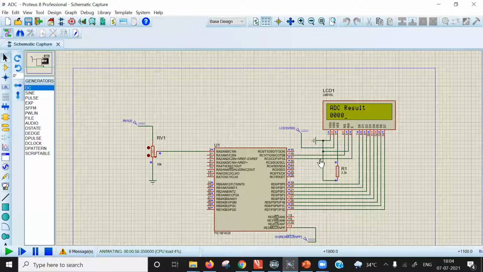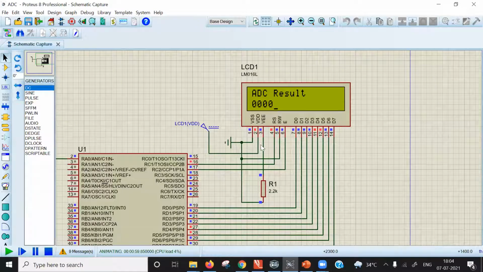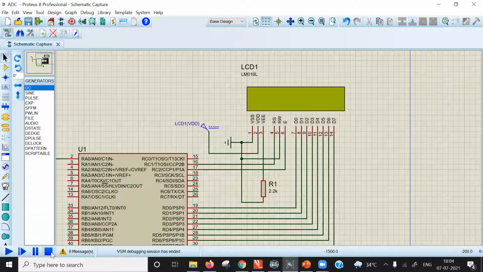Yesterday, some participants were asking the significance of VEE pin. Let me tell you what this means. This voltage on this pin controls the brightness or the contrast of the characters displayed on the LCD display. If you do not connect anything on this pin, LCD will look like this. The empty screen will be displayed. Okay, you must connect a 2.2 kilo ohm resistor between the ground and VEE pin for the perfect contrast of characters.